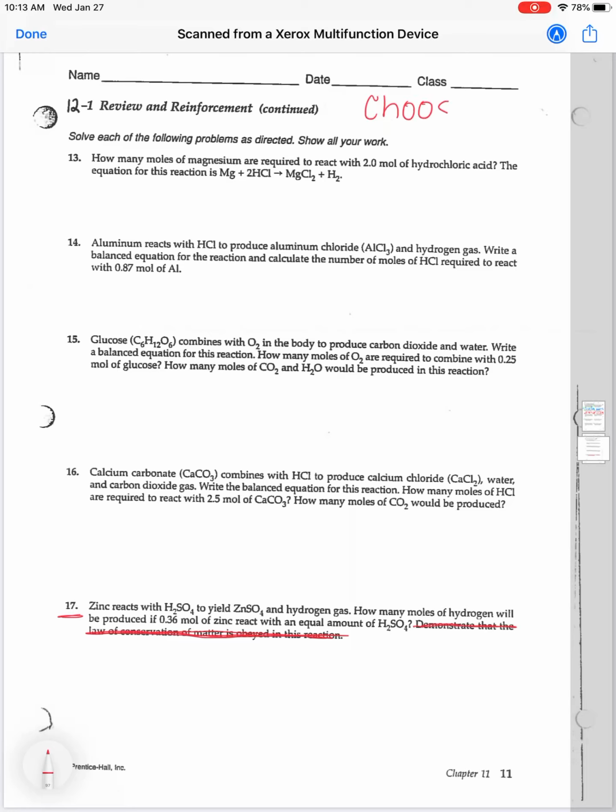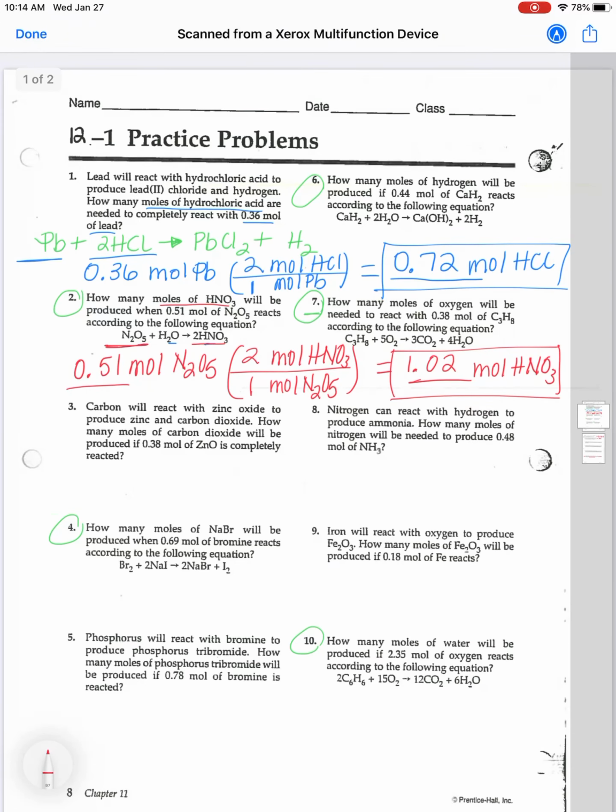I want you to choose any 3 of these 5 problems. Any 3 of them must be done for homework. You can decide. My class today asked if they could do the other 2 for bonus, and I agreed that you may do the other 2 for bonus if you wish to do that, but you must at minimum do 3 out of these 5, and then you must do the rest of the 10 problems on the front side